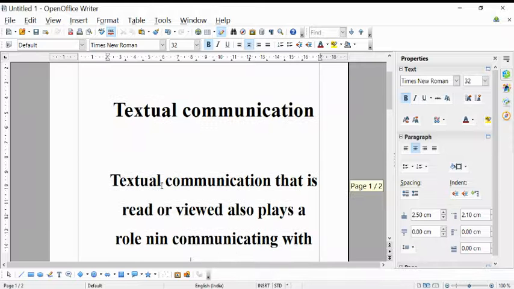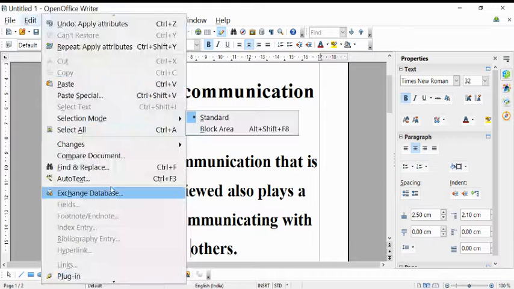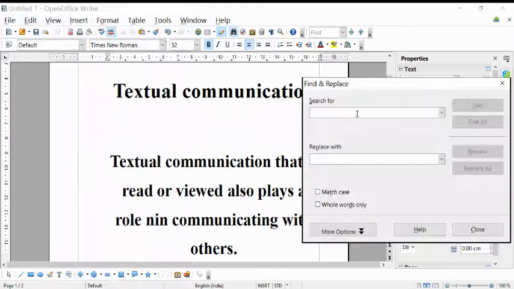So now in this you want to search any word. Okay, so here I want to search the word. Suppose here is a small paragraph, but if you have a big paragraph and you want to find out particular words from that paragraph, then it is very difficult to find out by reading. Okay, so if you want to find those words automatically, then you just click on this edit, just click on find and replace, and enter which word you want to find out.